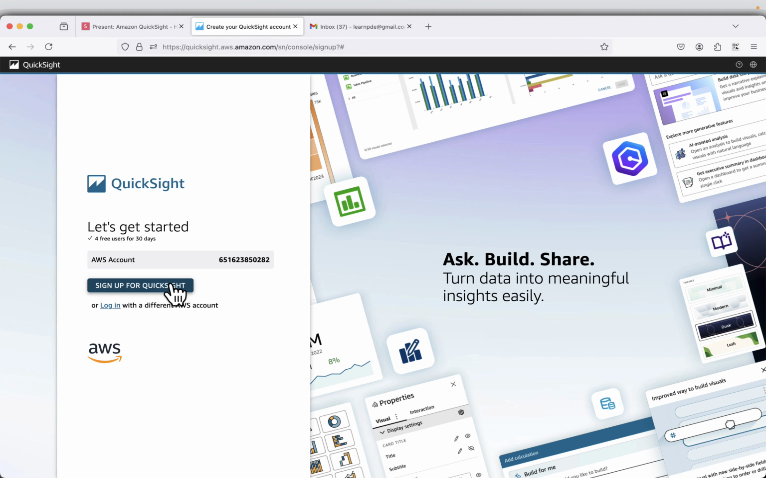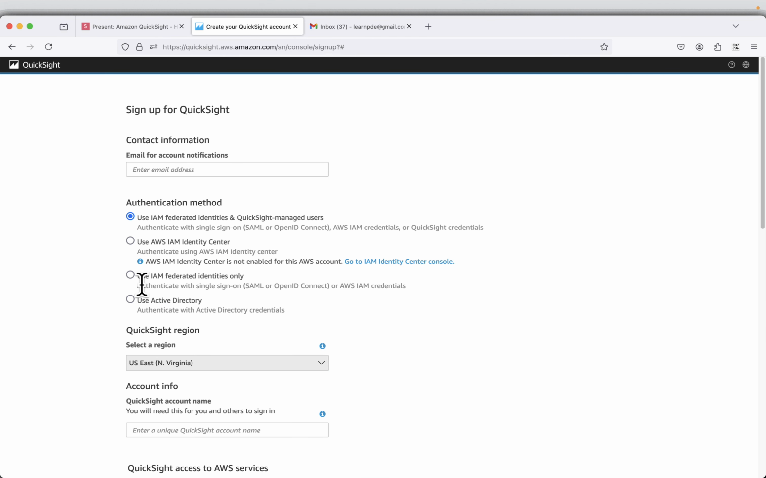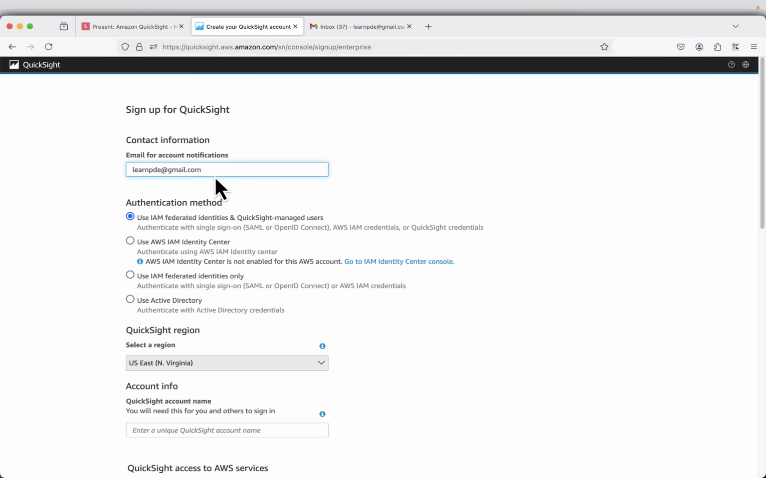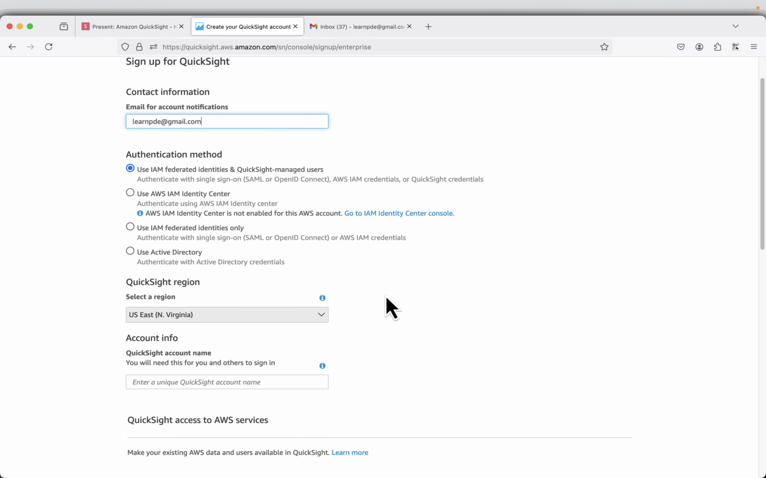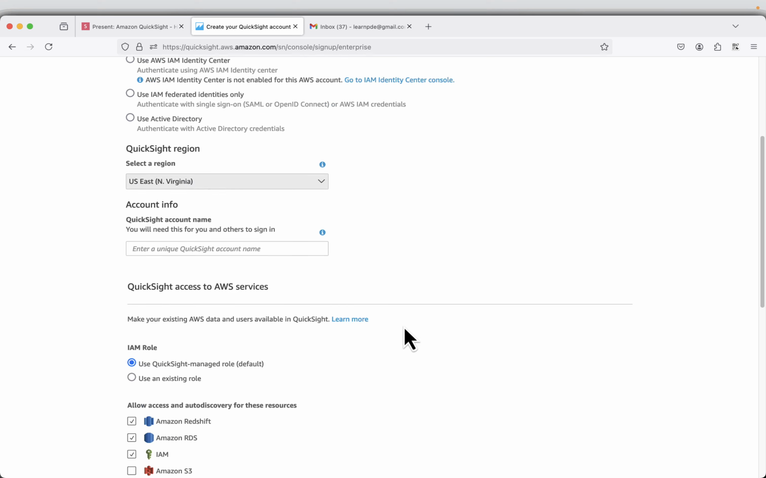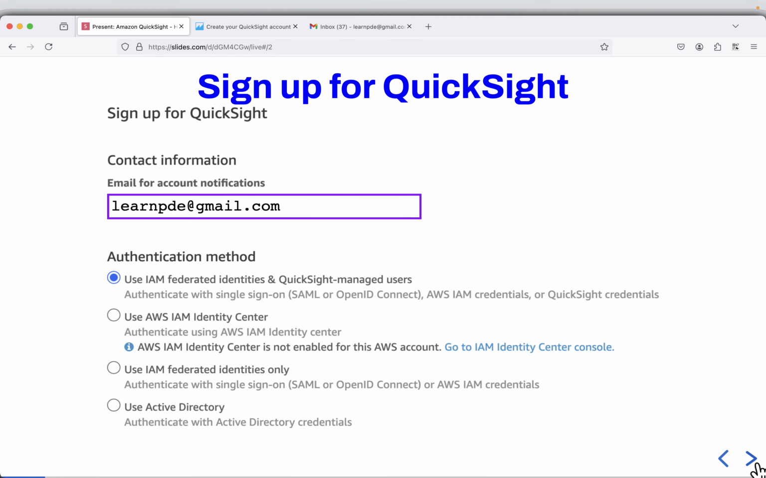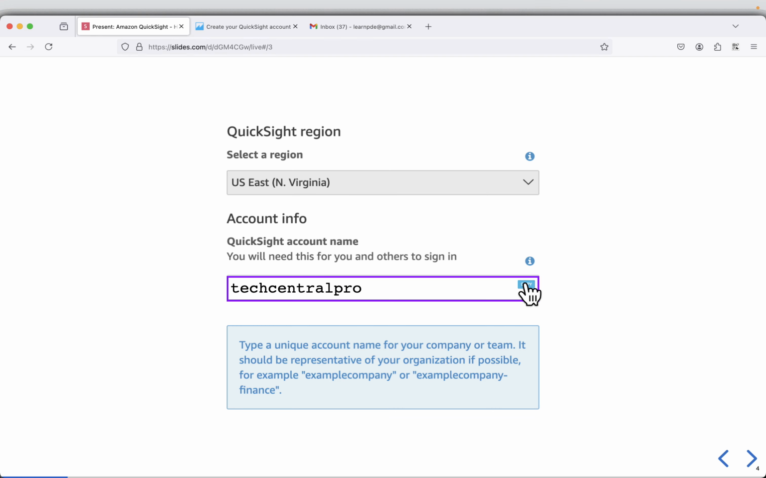Then you can just say sign up for QuickSight, and you can enter an email address. I'll just use this particular email address for this tutorial, and just choose the default IAM federated identities and QuickSight managed users, and the default region, I'll just choose US East 1 North Virginia. You can provide a name. So I'll provide the domain which I own,